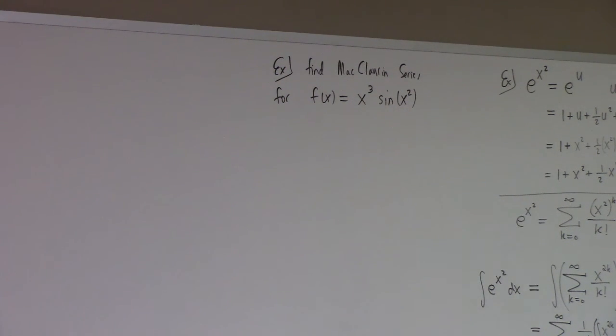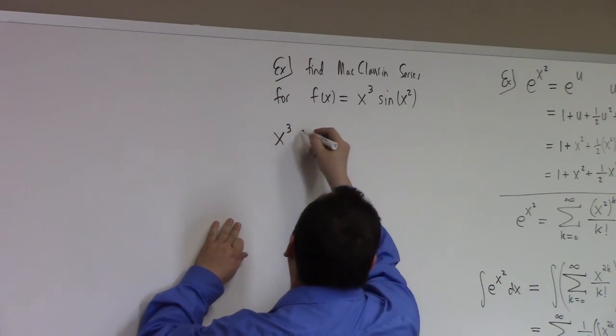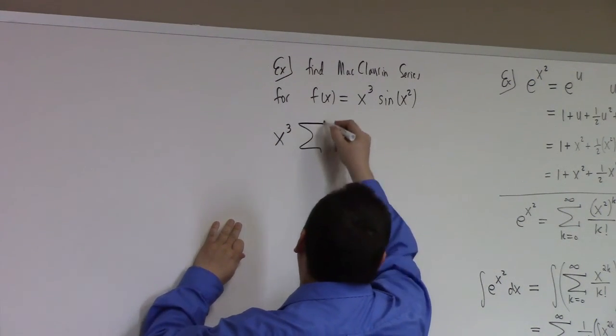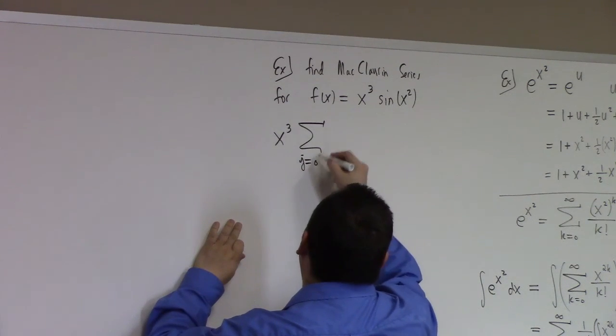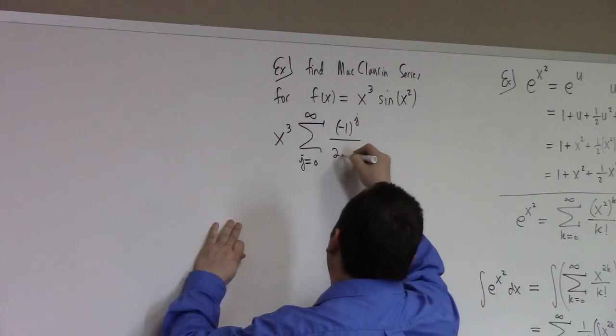What would you do there? I guess the question is, do I want the whole thing? If I want the whole thing, then I got to do this. This is like x cubed times the sum, j equals 0 to infinity, of (minus 1) to the j over (2j plus 1) factorial